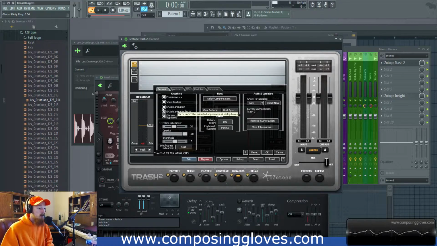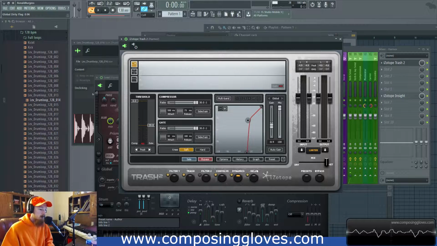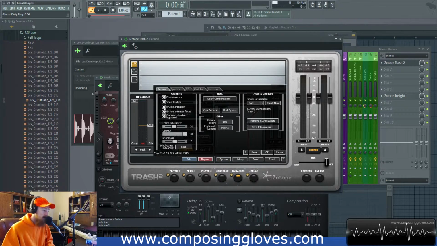We have animation. So check it out. If I close this and hit OK, it's super fancy and does that. And I get a kick out of that. So I like that, but you can turn it off. Probably saves CPU. But the whole CPU thing, if your plugin's open, then you're going to be using that plugin,